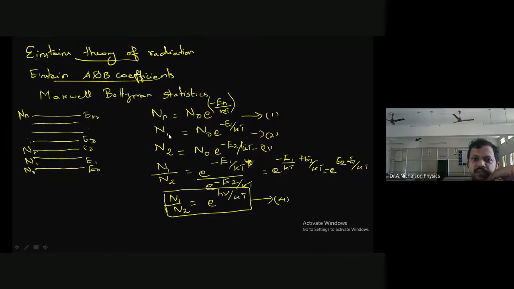Okay, first energy level, then second energy level. We are taking only these two energy levels. The number of atoms in the first energy level is N1 and in the second energy level is N2. We are writing equation 2 and 3, and we are taking the ratio between N1 and N2, and finally we get e power